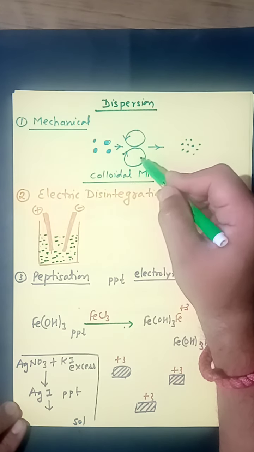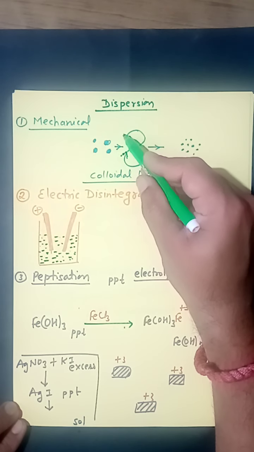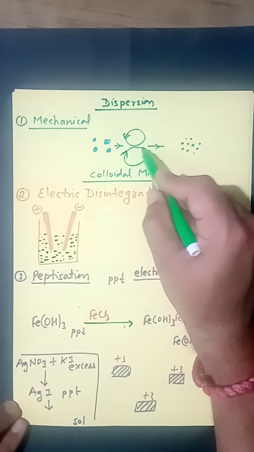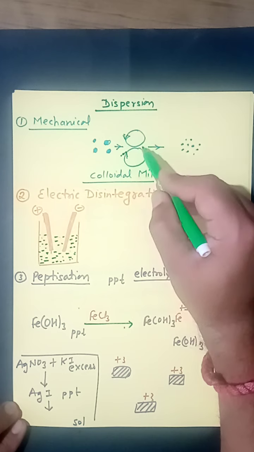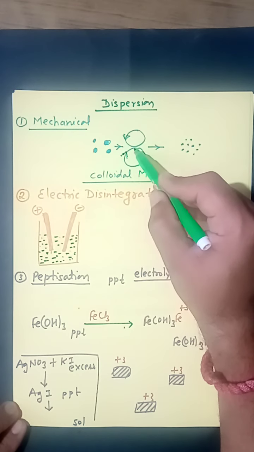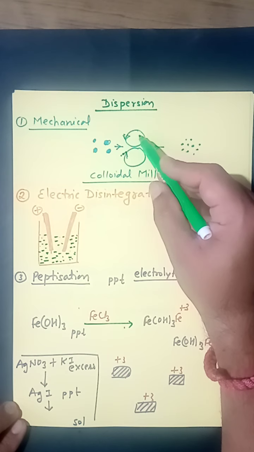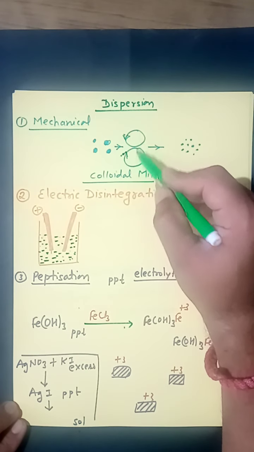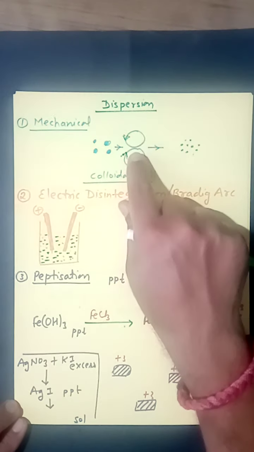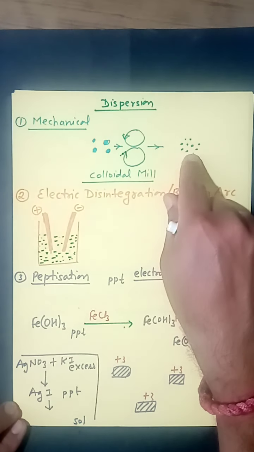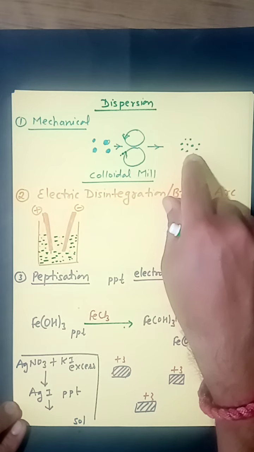These two discs rotate in different directions. Once the particles pass through this, they will be broken down as per the distance between these two rollers. The distance maintained between these two rollers is 1000 nanometer. So all the particles coming out here have size less than 1000 nanometer, which means